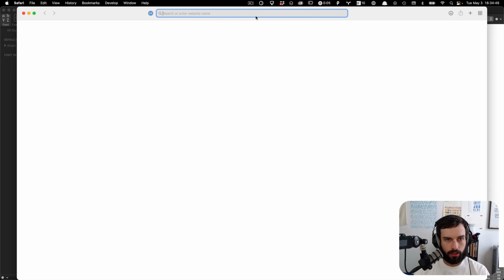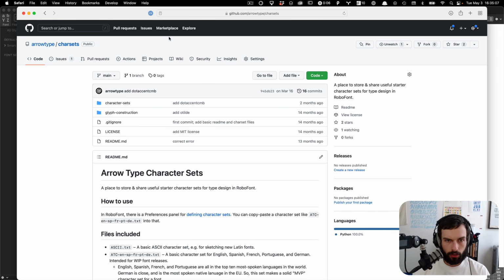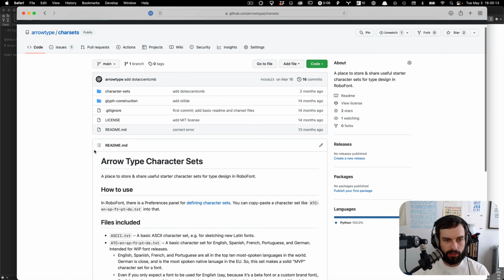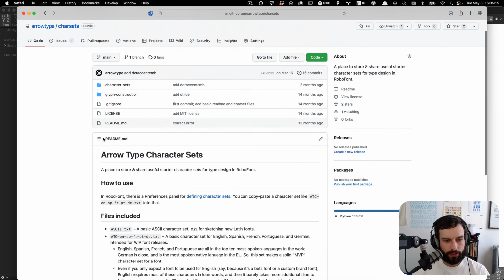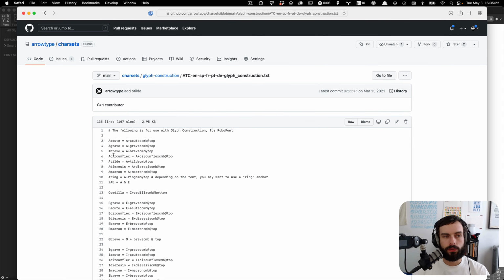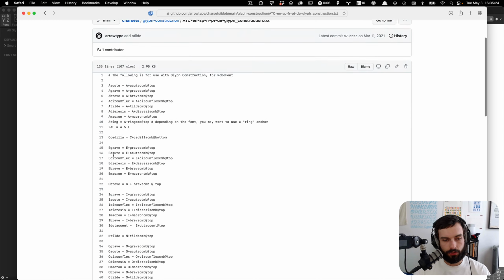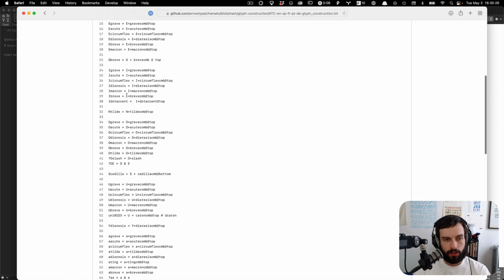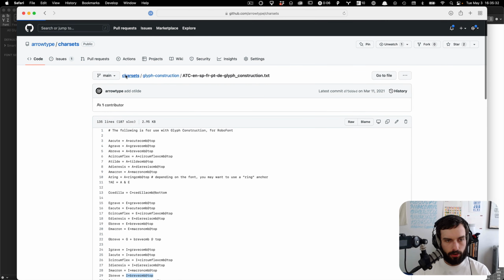Let's see. Yeah, so it's at arrowtype/charsets for character sets. And this is just a basic one. I've also included some character glyph construction, as it's called, which you can use in another RoboFont extension to quickly generate characters from little recipes like I plus breve com at top. So let me start by